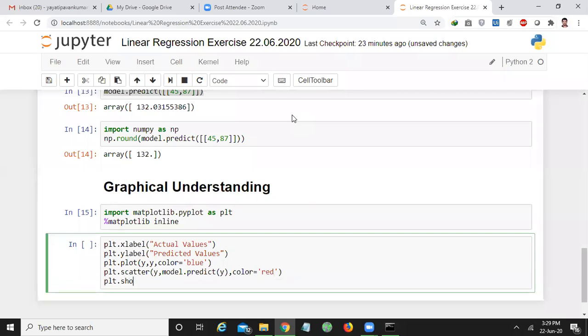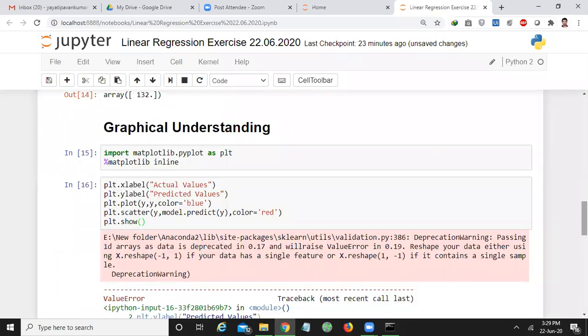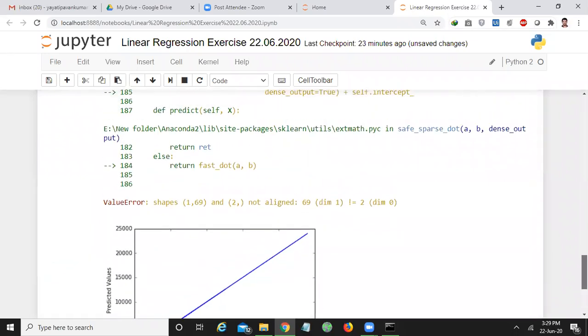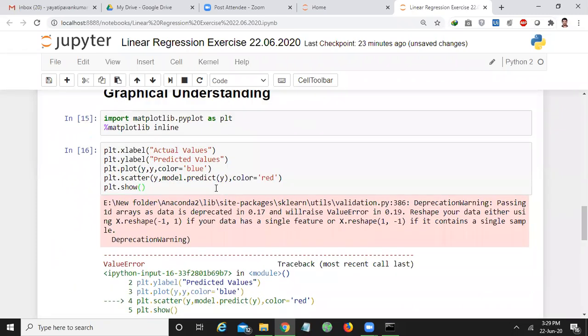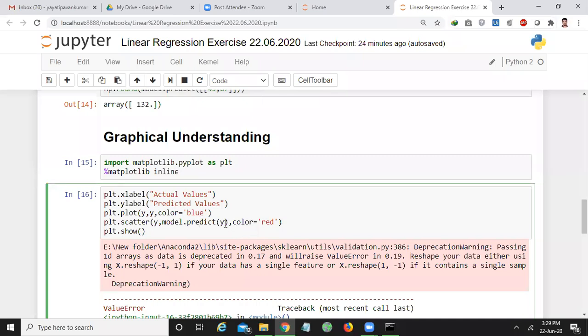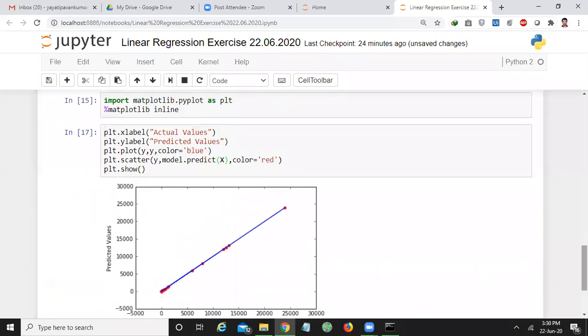Now use plt.show. Sorry, not y actually, it is x. Model.predict of x. Like this, you will get the graph.